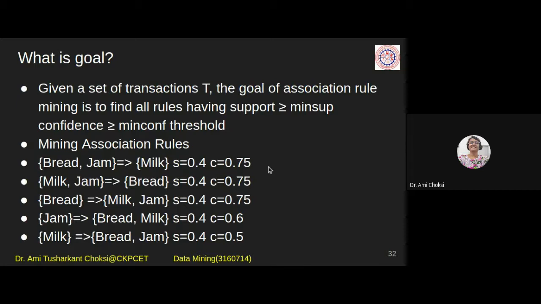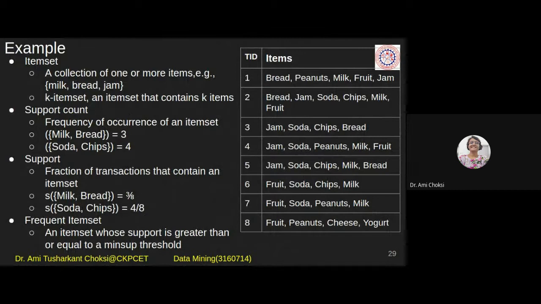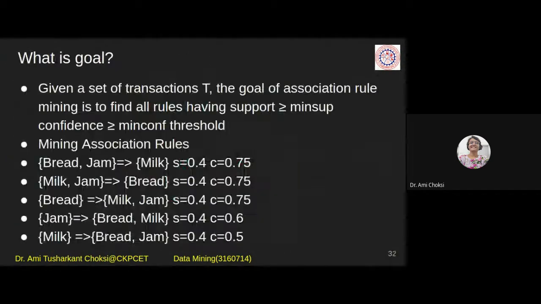So what will be the support? And what will be the confidence? From this, right? So it will be this way. You can see here, you can count it later. I am just telling you, here say two items are there, bread and jam, and here we are having milk. So for finding the confidence of this rule, we should say support count of bread union jam divided by support count of